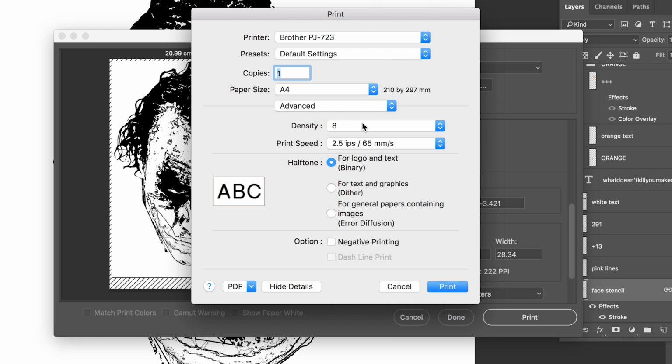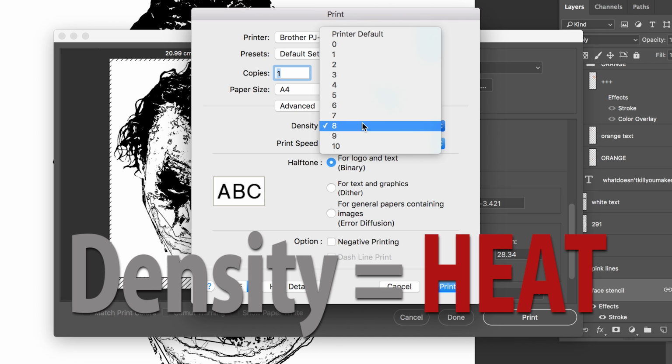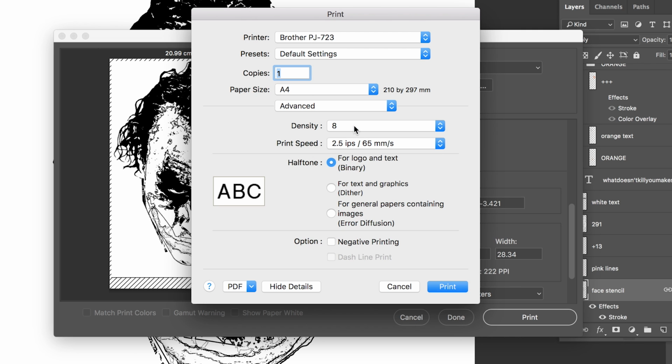Now here in the advanced settings we've got density options. If we were thinking in terms of a traditional thermofax, think of density as heat. More density, more heat. Less density, less heat. If you've got a stencil that's got a lot of dark areas, you might want to turn the density down a little, otherwise it can crinkle the paper a little bit and your print's not going to be as clear. This one hasn't got too many, so I haven't got any problems, so I'm going to leave the density at